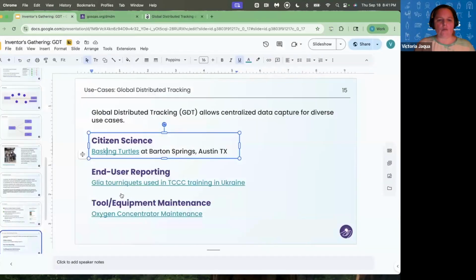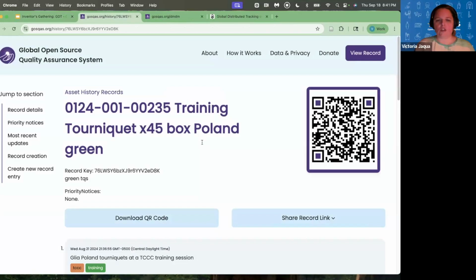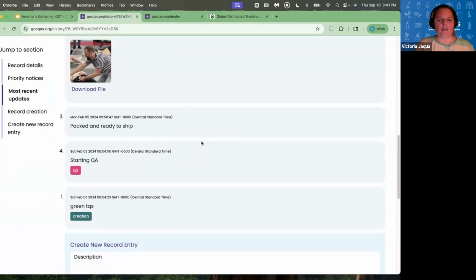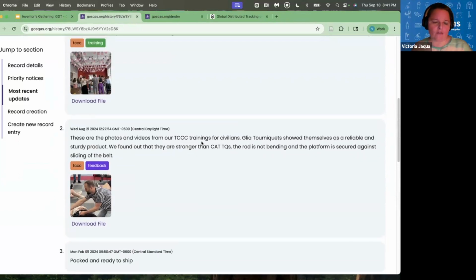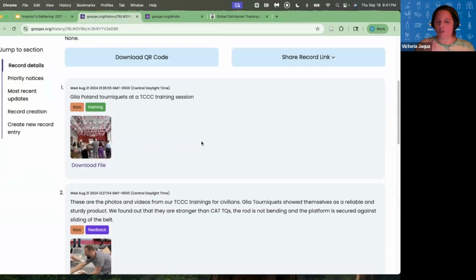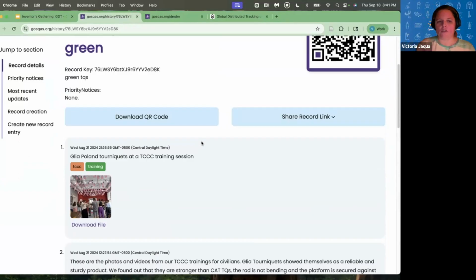We have end user reporting. Our partners at GLIA Poland shipped a box of tourniquets to Ukraine, and we received feedback from the TCC medic who did civilian tourniquet training. And we got pictures and we got feedback. This was very exciting. This is one of the first uses for manufacturing that we use GDT for with GLIA